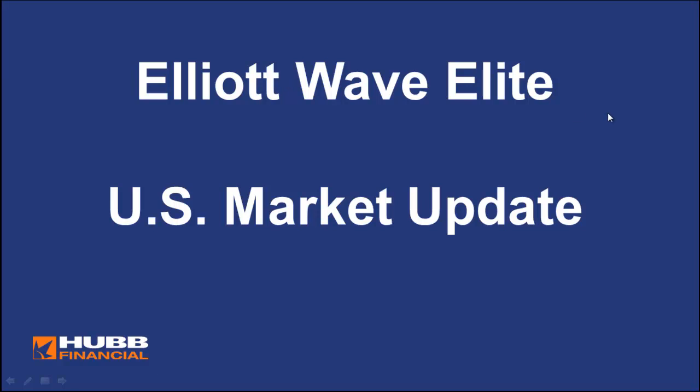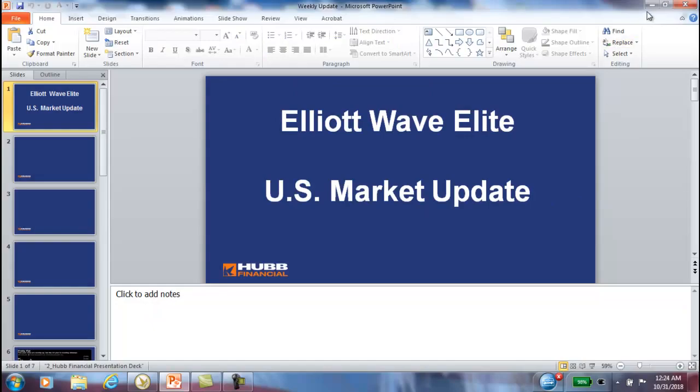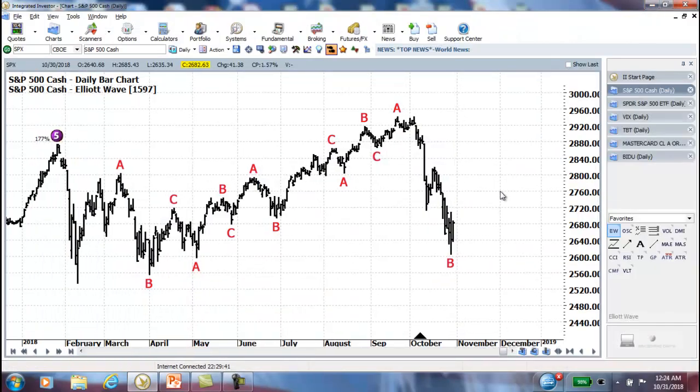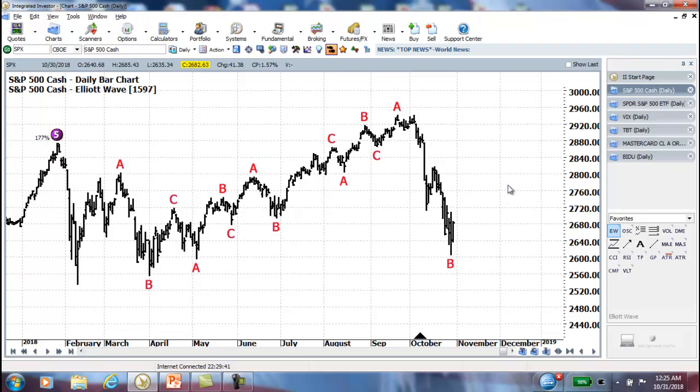Volatility continues in the U.S. markets, as you can see from this chart of the SPX. And again, we are in the corrective patterns with the ABCs being labeled with the Elliott Wave tool. Before I show you something that's really interesting with where the markets are right now, I wanted to